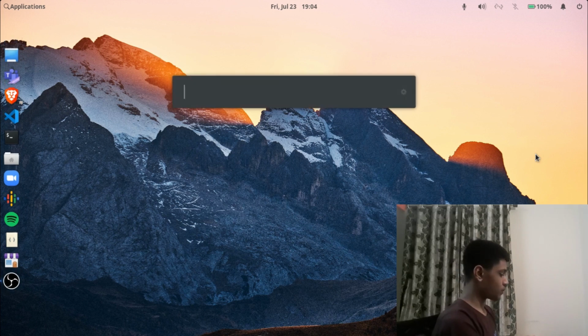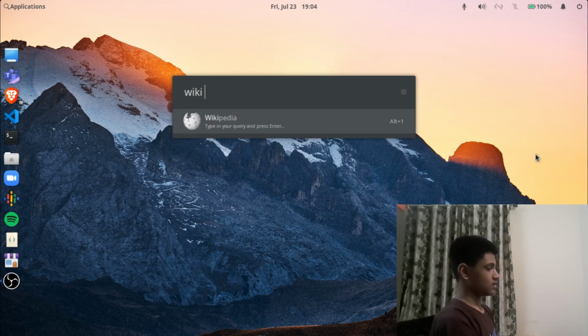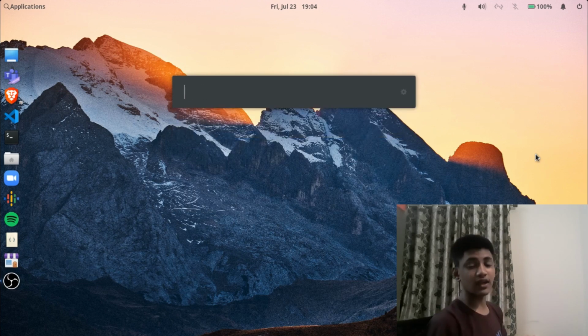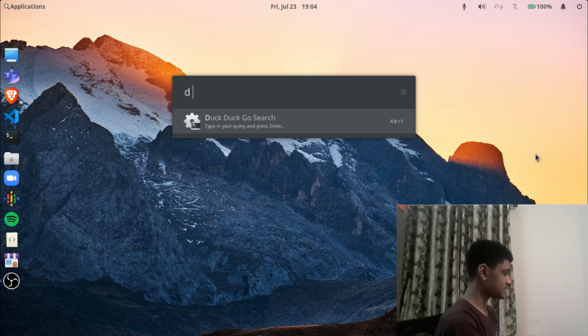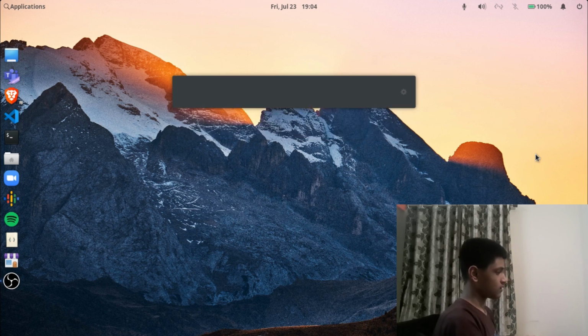So I can just open normal apps through it like this, or I can do a Google search by doing G space, or maybe a Wikipedia search by doing wiki space, or you can create your own custom links. So I created one for DuckDuckGo because I don't use Google that much. So I do a D space and then type whatever I want, and then yeah, so basically you can add many more extensions like that and extend the functionality of the run launchers.